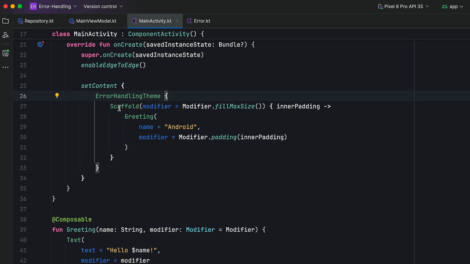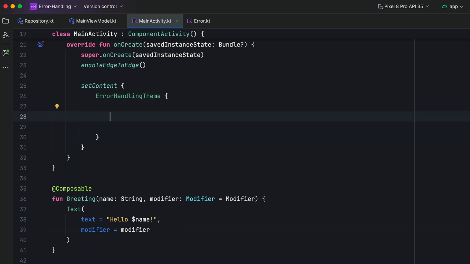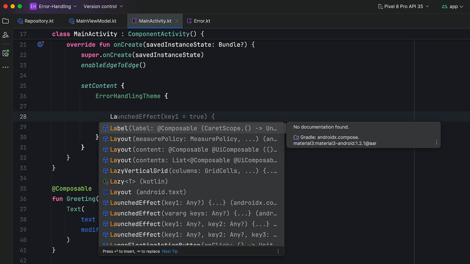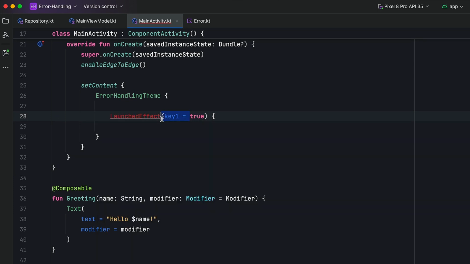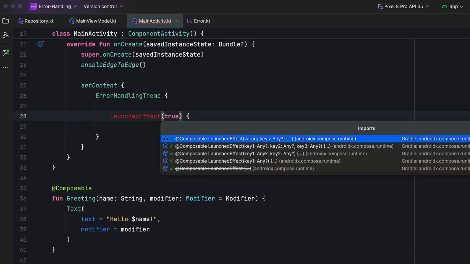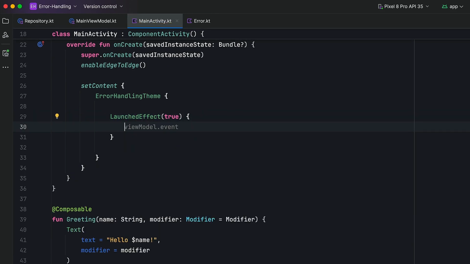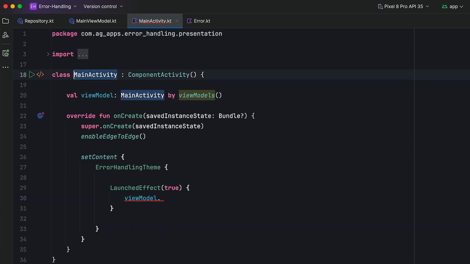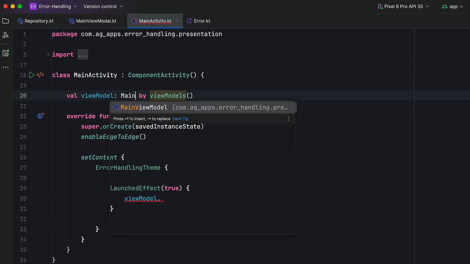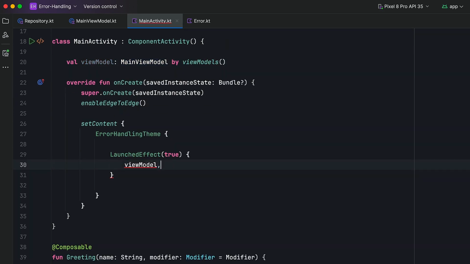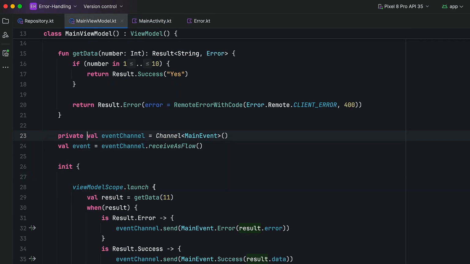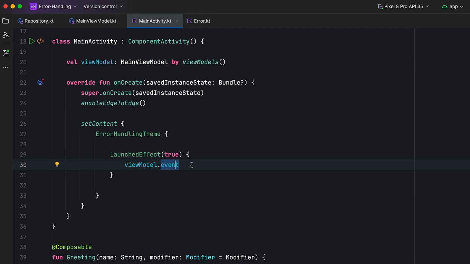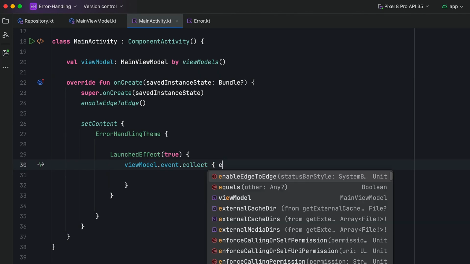We want to go to our UI. So right here, let's remove this scaffold and then let's try observing that channel. Since it's going to be a side effect, we want to have LaunchedEffect, and then the key is going to be true. Let's import it like this, and then we want to use our viewModel.event. I don't know what I called that. Let me just go back there. Actually, this one is going to be a MainViewModel. So dot event this one, and I forgot to make this one actually private because I don't want to expose it to the UI. So eventChannel.collect, in which I get an event,